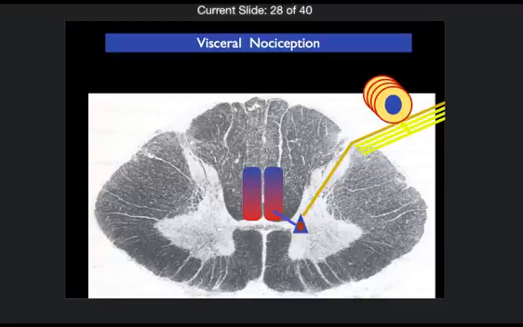Now, this is when you put animal studies together in midline myelotomies, in the thoracic area. I chose the thoracic area because it's the best known, dorsal root ganglion, coming in with its medial division. This area is for visceral nociception. No, it's spelled correctly. This area receives from lamina 6, 7, 8, maybe 10